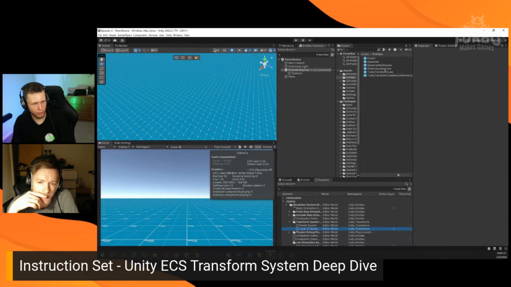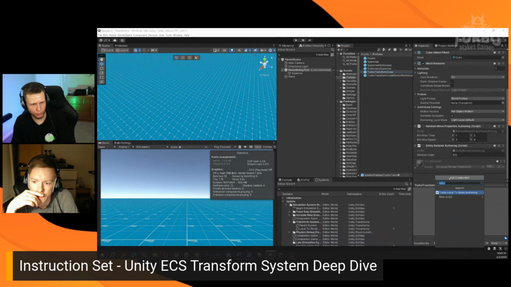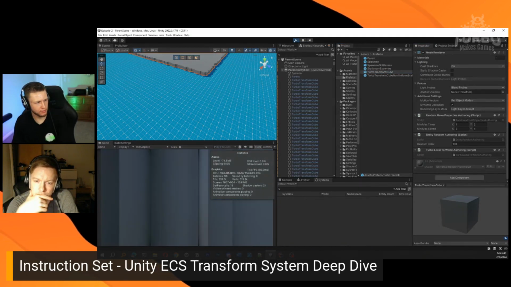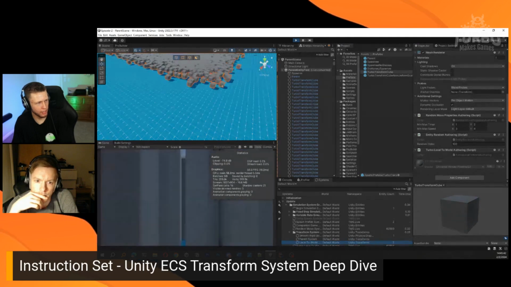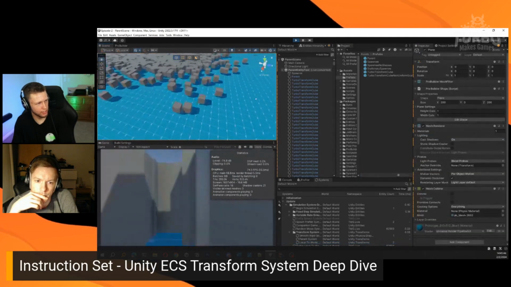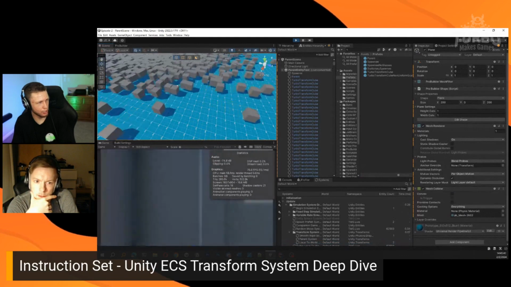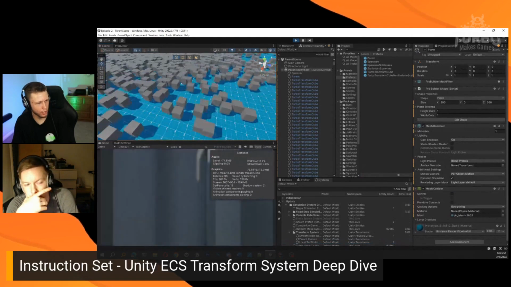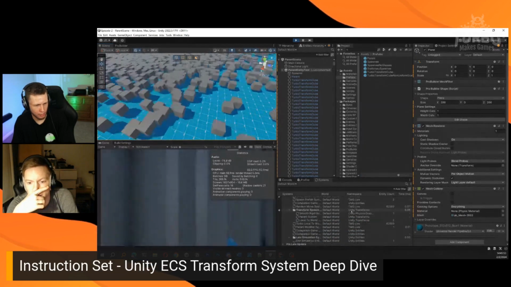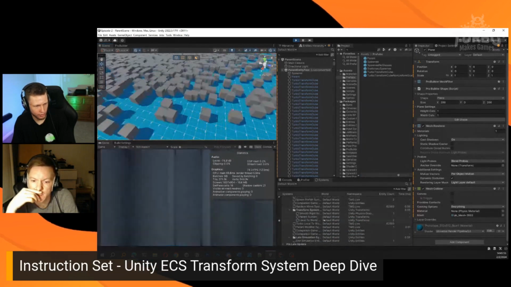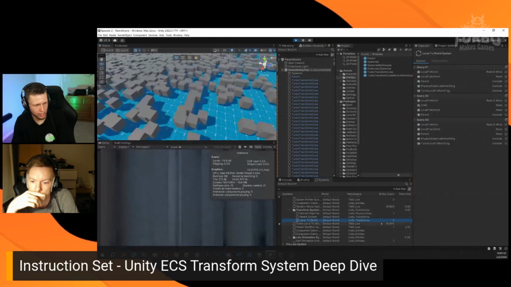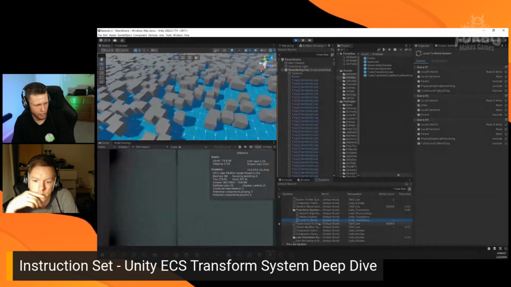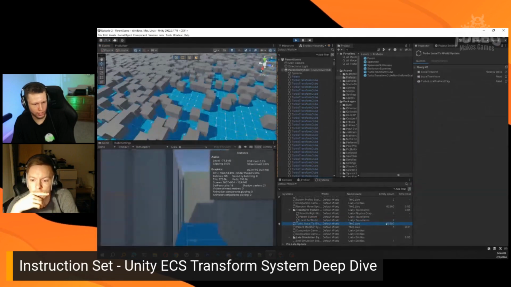So if we come over to the Turbo Transform Cube and I add the Turbo Local to World authoring, when I enter play mode, a couple of things you'll notice: number one, the cubes are all at the default rotation. They're still updating their transforms and everything like that. But if we look down in here, you'll see that the local to world system is now running on just 2 entities, some default entities that we have here. But the Turbo local to world system has the full